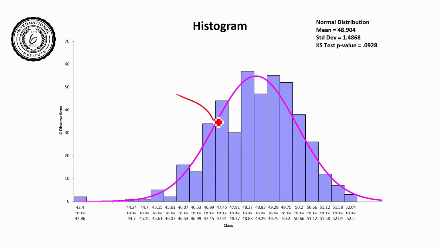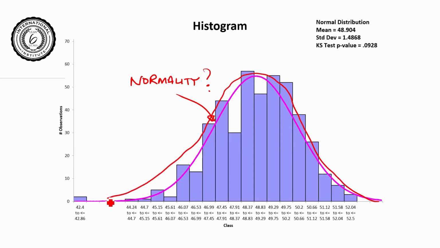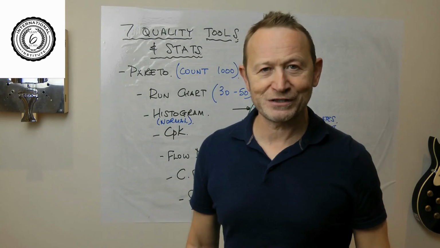So what's one of the things I want to know by looking at the histogram? Well, I want to know that the underlying data is sort of following that pattern. So I'm looking on the histogram for it to be following something that approximates a normal distribution, so that when I use the CPK diagram and it calculates, it estimates